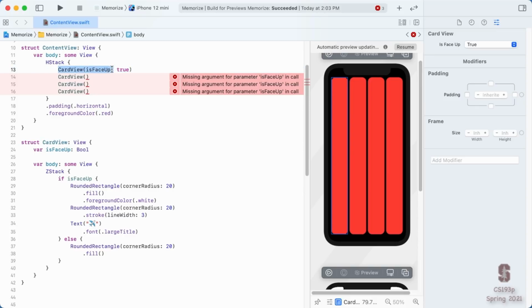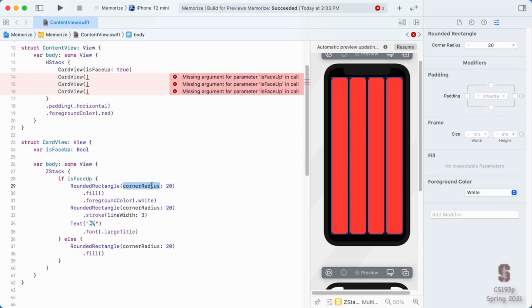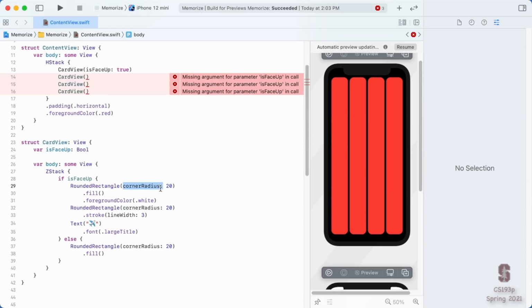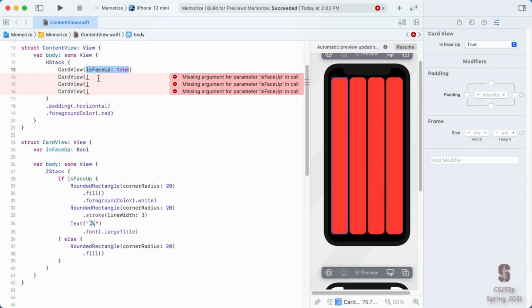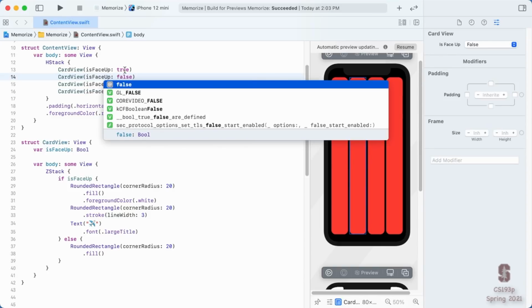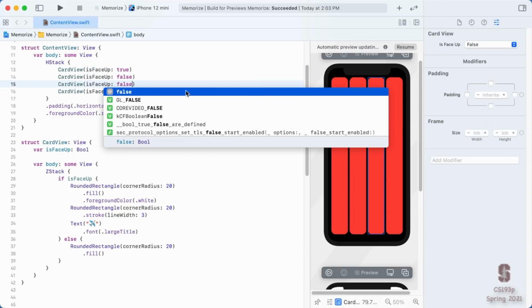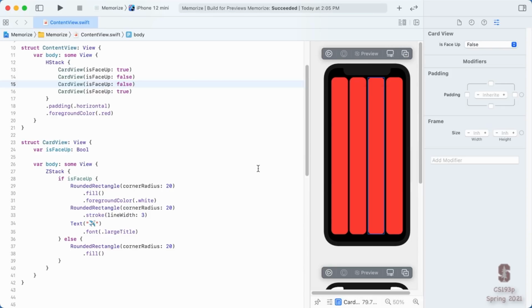This hopefully looks very similar to this, right? When I was creating a rounded rectangle, I had to provide this argument corner radius. This is not the only way to make this work, so I'm not sure if corner radius really is a var inside the rounded rectangle view. Might be though. But if it were, this is exactly the same kind of syntax that you're going to get as we get up here. So we can do this for all our cards, give them all a face up, and we maybe have them be different. Let's have maybe these two middle ones be face down, and the two side ones be face up. We resume, and then, sure enough, it's working perfectly.